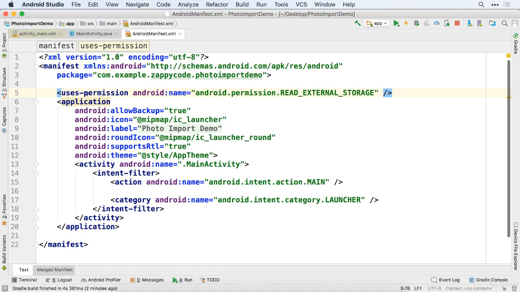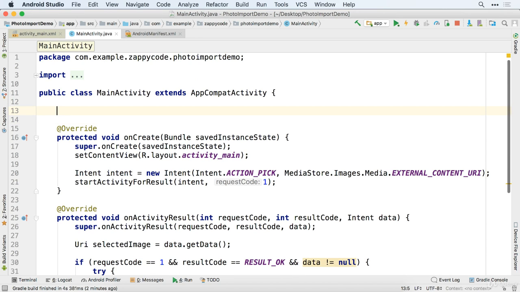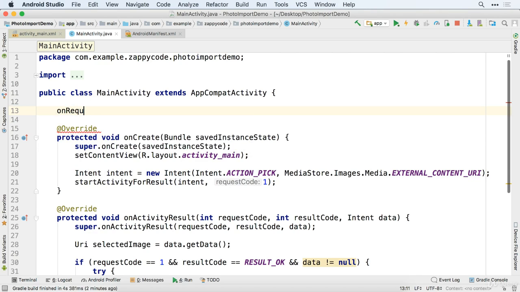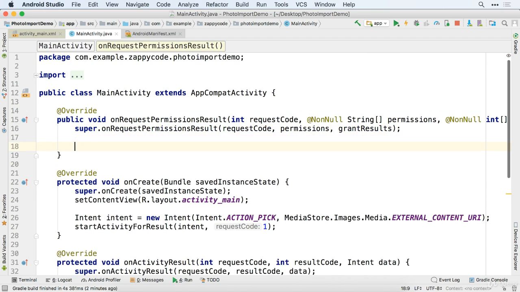I accidentally did a new line. There we go. That looks better. So back inside of our main activity, this is very similar to GPS when we needed to get permission. We had to request it and handle all the different situations. So we're going to go ahead and type out onRequestPermissionsResult. It's in fact the same exact method that we had before,